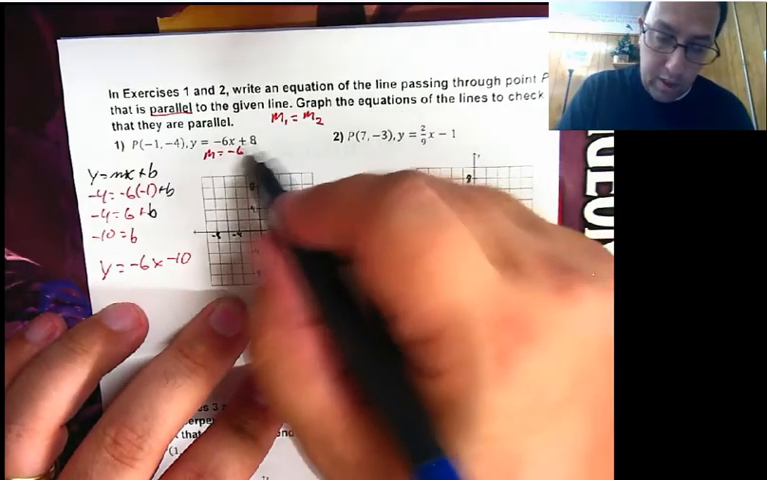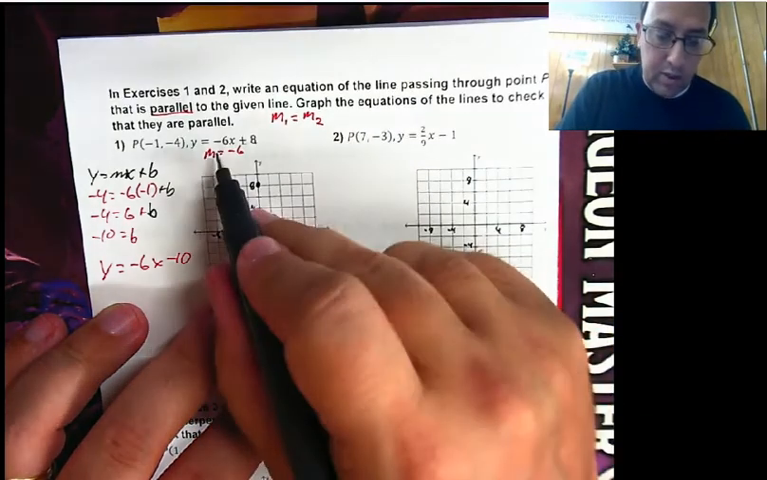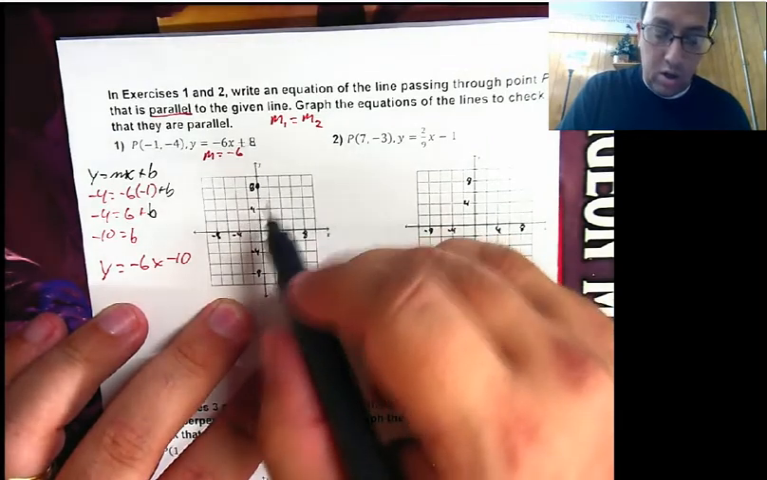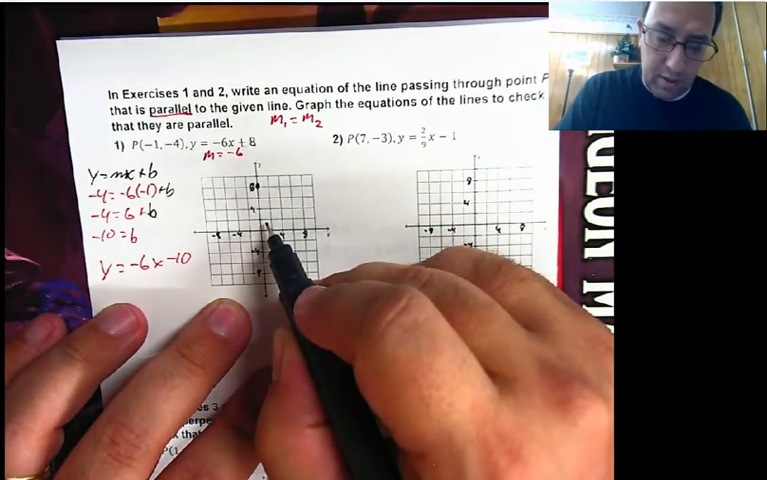B is for begin. So y-intercept of positive 8. So that would be right there. I'm going to put a dot. And then my slope is negative 6. Okay, so that means I'm going to go down 6 over 1. 2, 4, 6 over 1, which puts me kind of there in the middle, so I don't really like that,